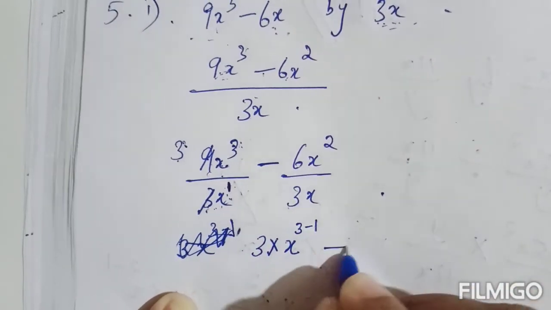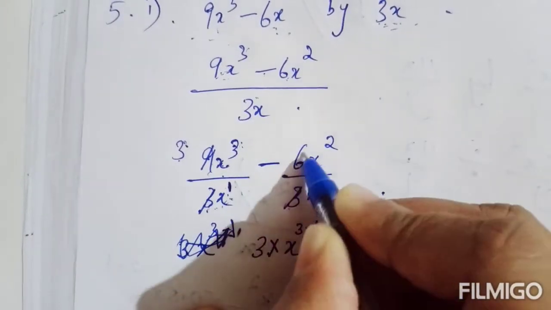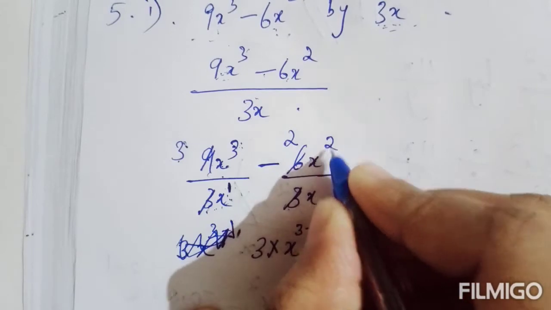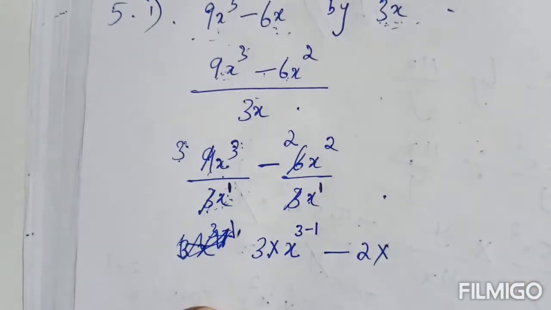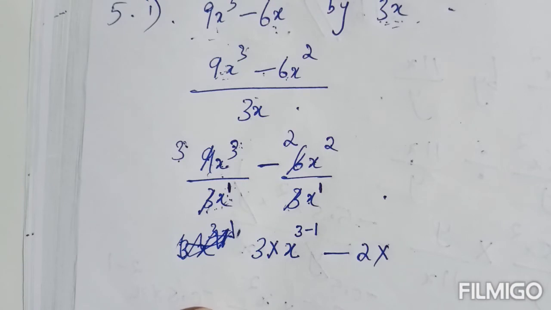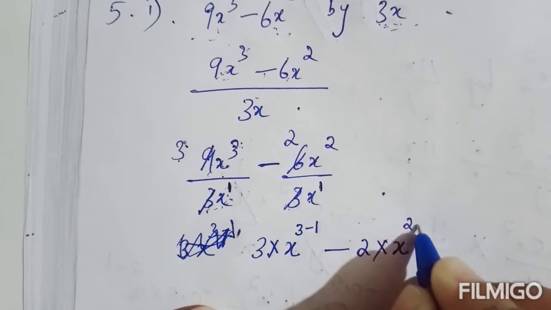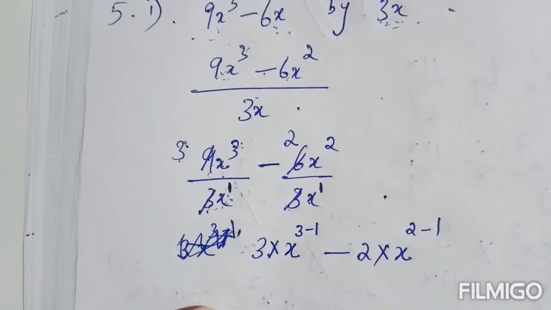Okay. Now minus 6 by 3. We can divide 6 by 3, it is 2 into x square and x. That means x square and x raised to 1 you can divide because they are exponents having the same base. Applying quotient law, what will you get? x raised to 2 minus 1. Okay, a raised to m by a raised to n is a raised to m minus n if m is greater than n. That quotient law we are using in these two.